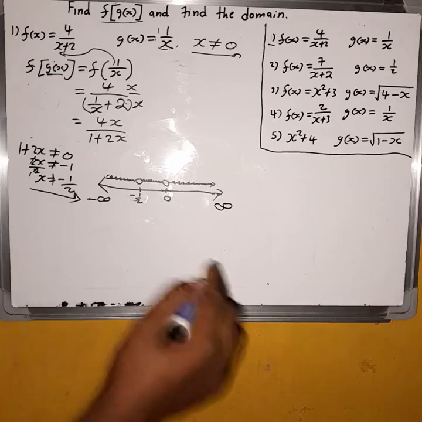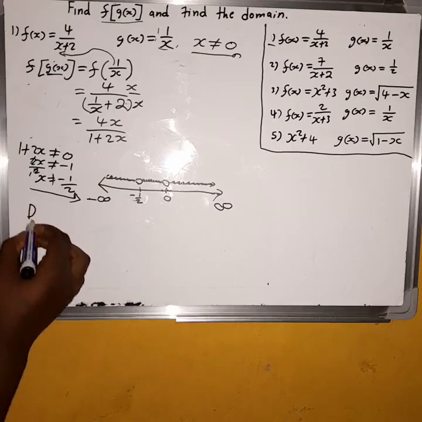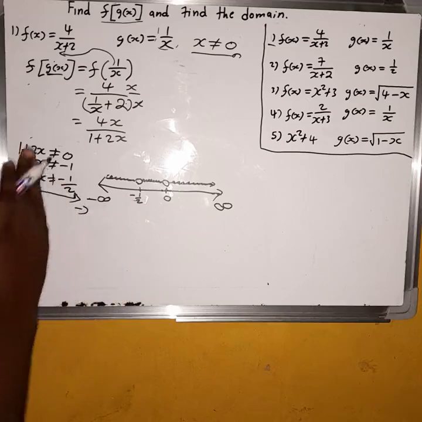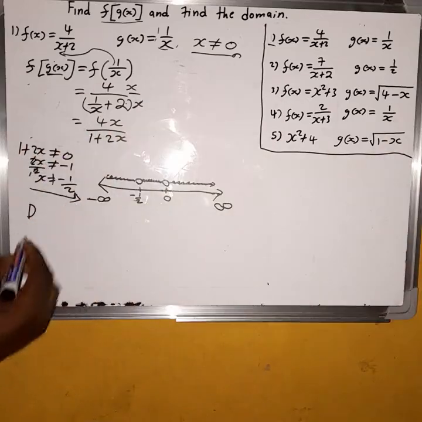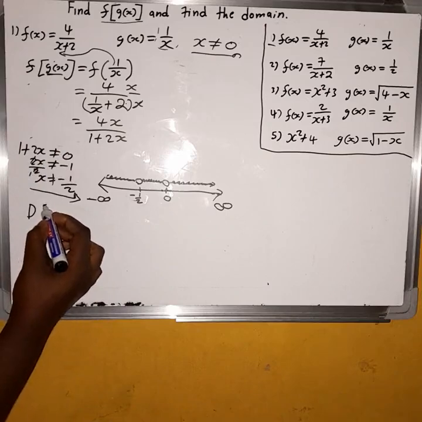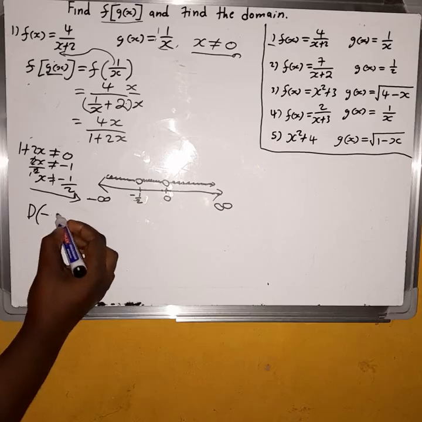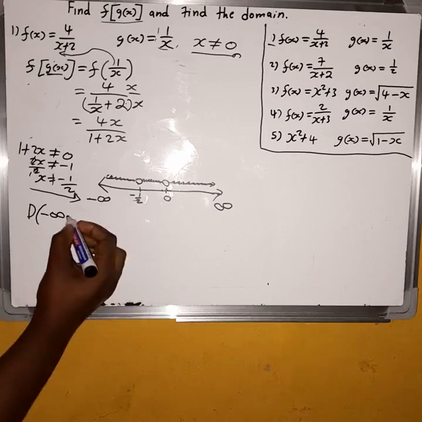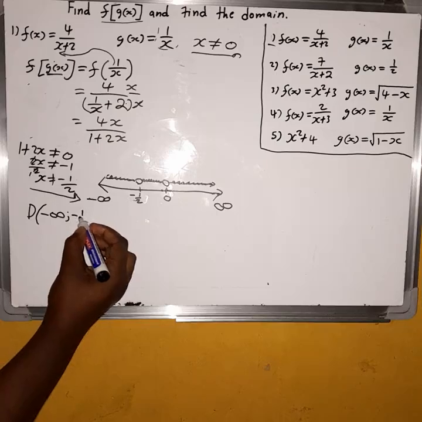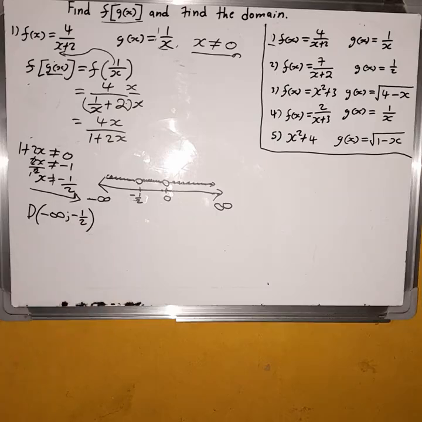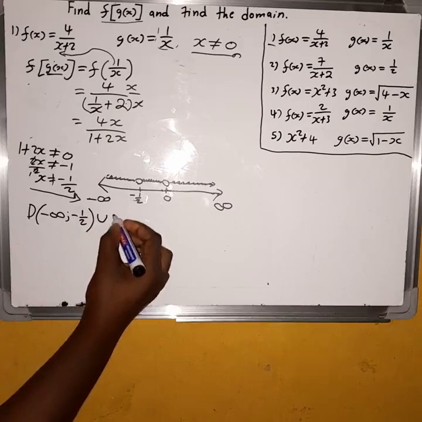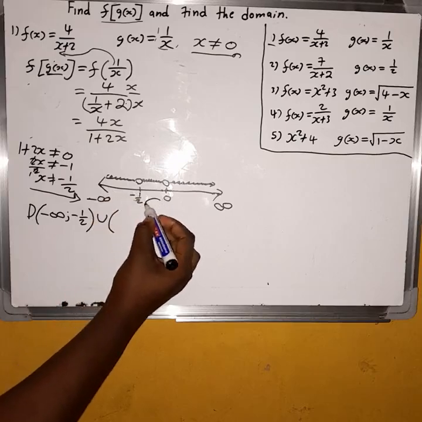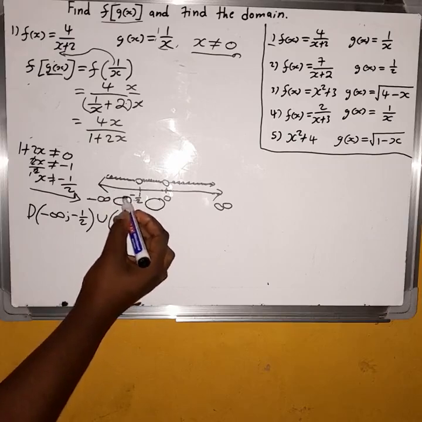So our domain will be, taking from the left going to the right, with parentheses: negative infinity to -1/2, union